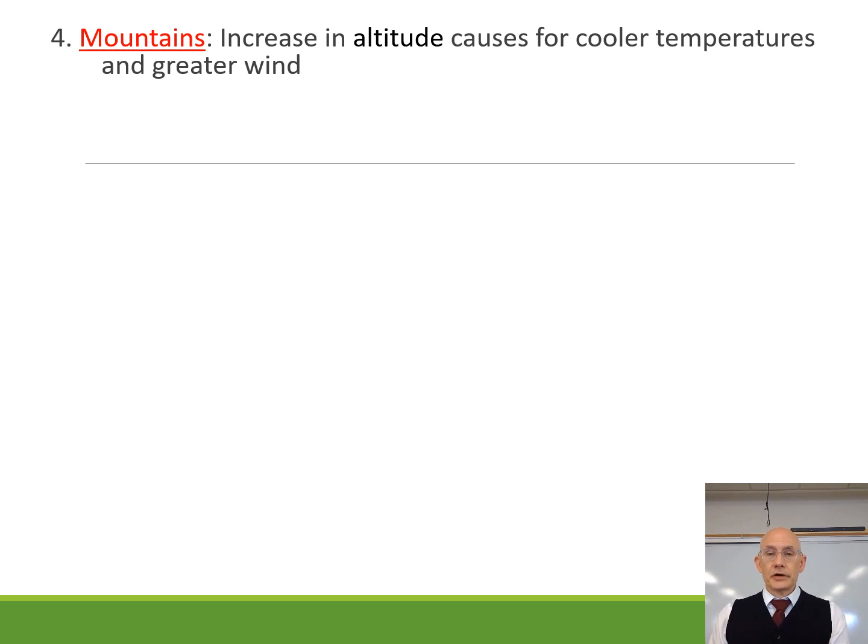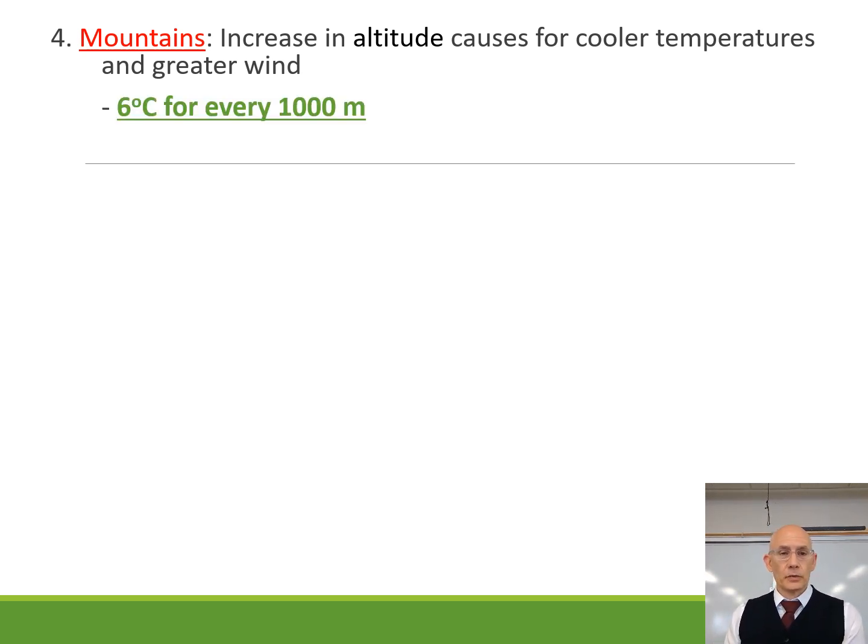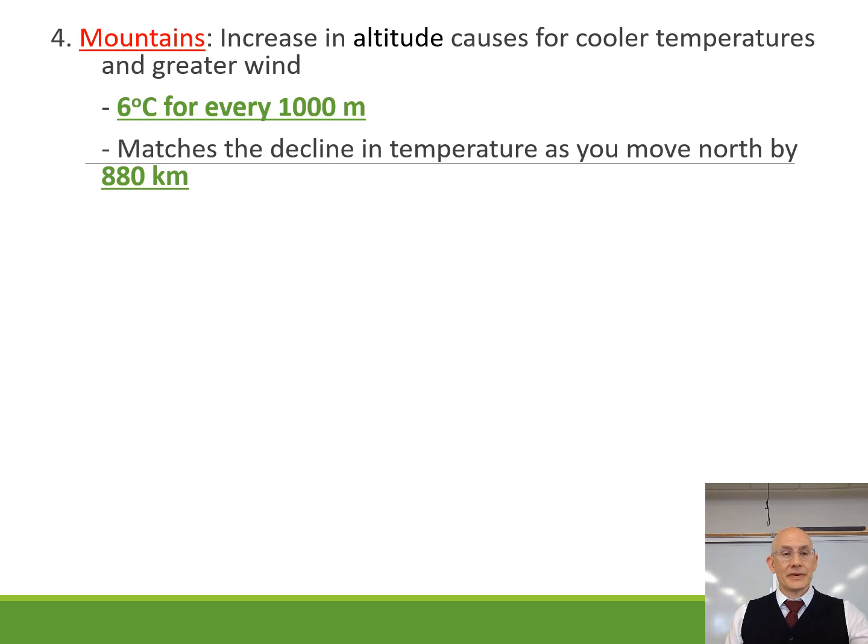Okay, so mountains are also going to affect your climate. We know that as you go up a mountain, it gets colder and windier, about 6 degrees for every 1,000 meters you go up in altitude. That is the equivalent of about 880 kilometers away from the equator. So you get a pretty large change for a very small distance, and so that is going to drastically affect